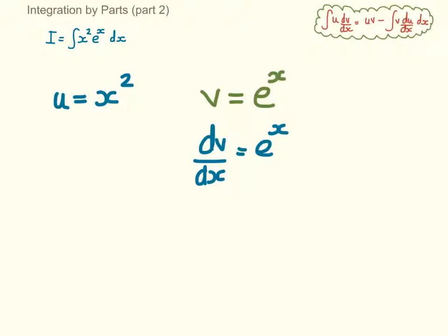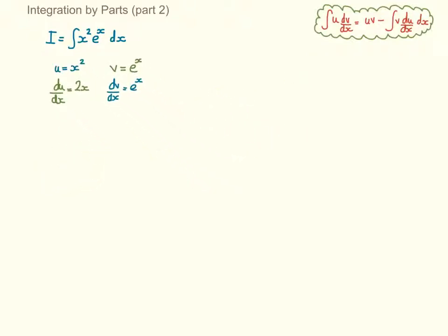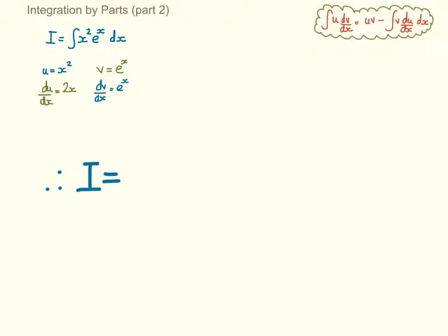So obviously we know e to the x integrates and differentiates to e to the x, so that one's easy, and du by dx is going to be 2x. Alright, then I'm going to use the formula to substitute all that in, so therefore I is going to be uv, which is x squared multiplied by e to the x, so x squared e to the power x, subtract the integral of v, which is e to the x, multiplied by du by dx, which is 2x